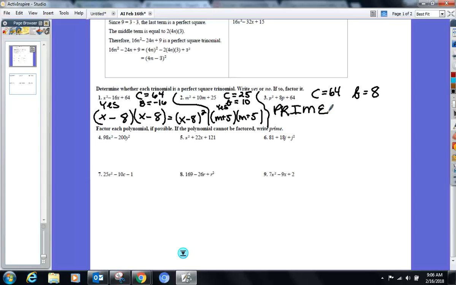All right, now we get to the good stuff. Let's just factor away here, boys and girls. Factor away. I'm not concerned if it's a perfect square trinomial or not. If I can't factor it, we're right in prime there. Here we go. Game time. 4. What are we looking for? I better believe there's a GCF. If 98 and 200's up there, at least a 2 goes